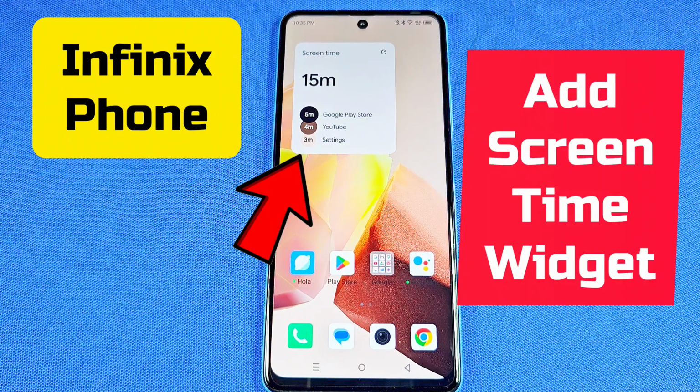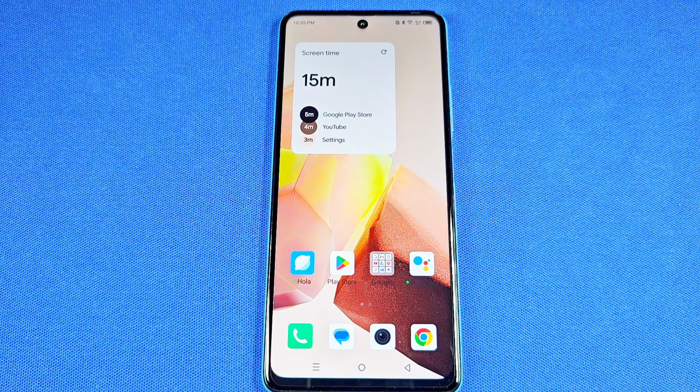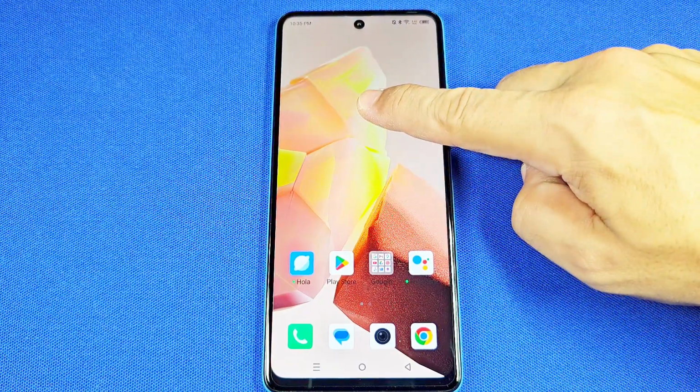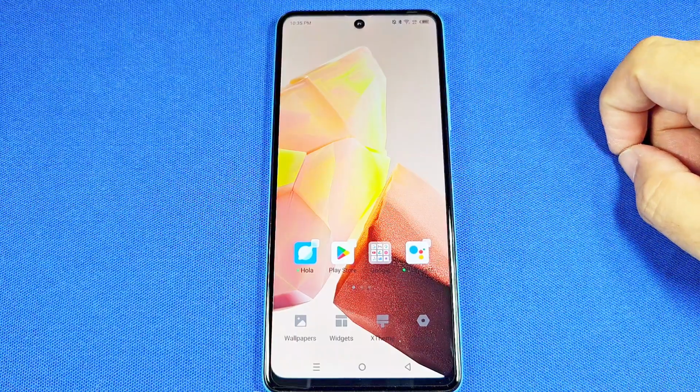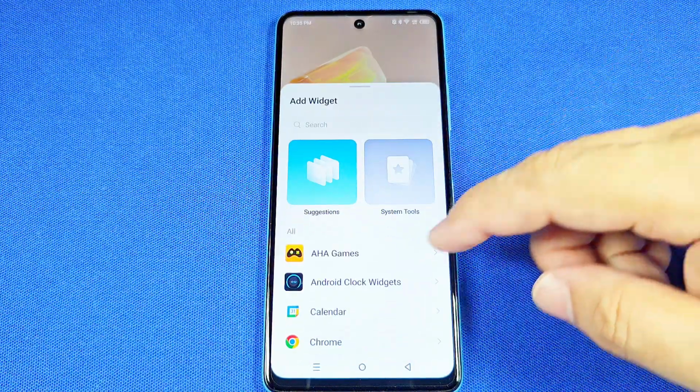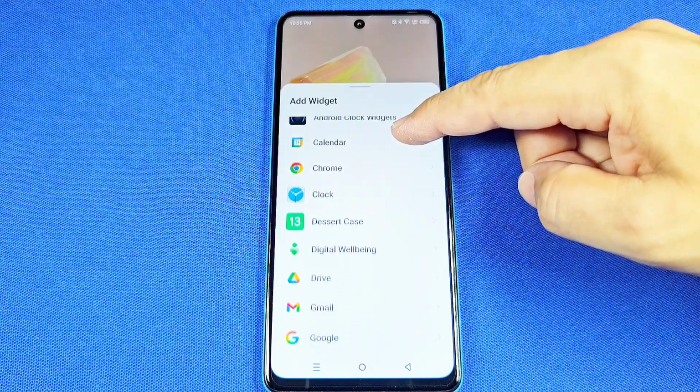How to add a screen time widget on your home screen for your Infinix smartphone. Your Infinix smartphone has widgets, and to get there, you will long press a blank area on your home screen and you're going to look for the widgets icon down here. A single tap will take you to these here, and once you're in this area, just go down looking for